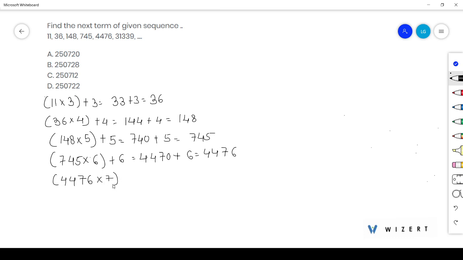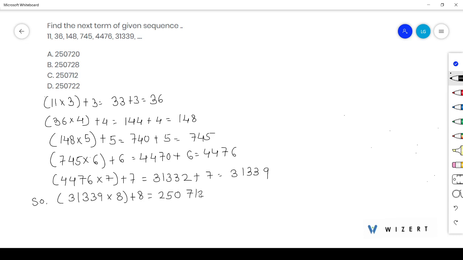Okay, 4476 into 7 plus 7, 31,332 plus 7, so it is 31,339. So, to get the next term, we need to multiply this 31,339 into 8 plus 8. So, it is 250,712 plus 8. So, the term will be